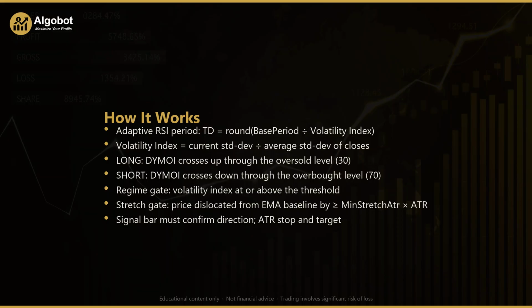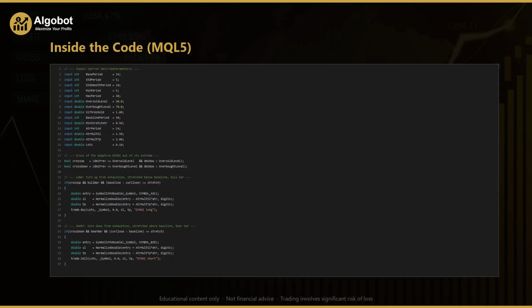There's also a spread filter that skips any signal when the spread is wider than 30 points. Let's read through the MQL5 code the way you'd see it in MetaEditor. At the top are the inputs. BasePeriod, STD-period, and STD-smooth-period build the adaptive dynamic momentum index, while MinPeriod and MaxPeriod clamp how short or long that